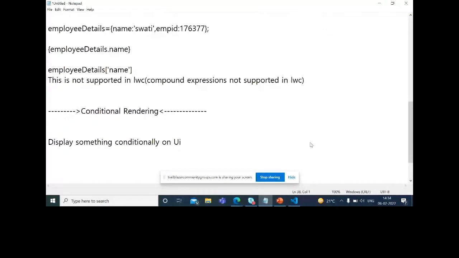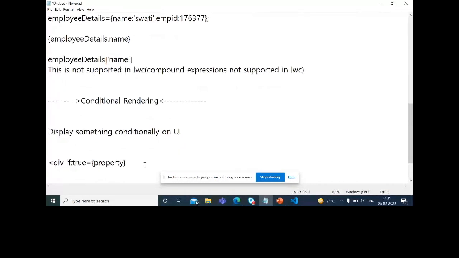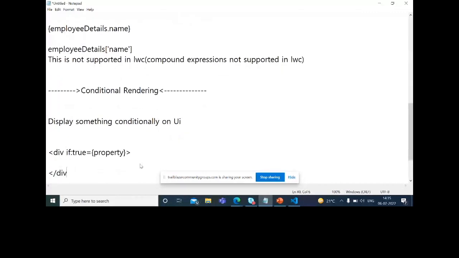So how to do that? Suppose I want to execute this div conditionally. We have if:true, and here you bind any Boolean type property, because in if else also we have Boolean conditions. This div will only execute when the property renders a true value to if:true.